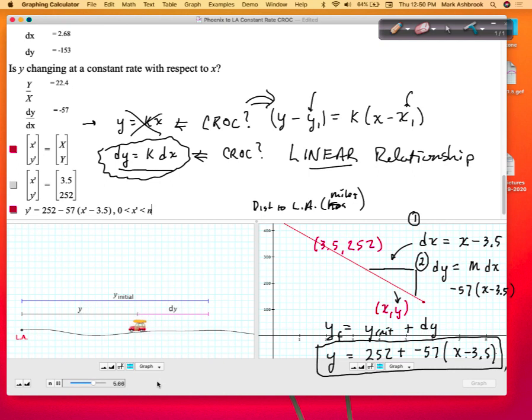So now this is showing all possible points, correspondence of time since leaving Phoenix. So what's better about this than y equals mx plus b? Yeah. Right. So the equation that we get retains the meanings in the actual problem. Good. What else? It's really good. It covers all points and not just